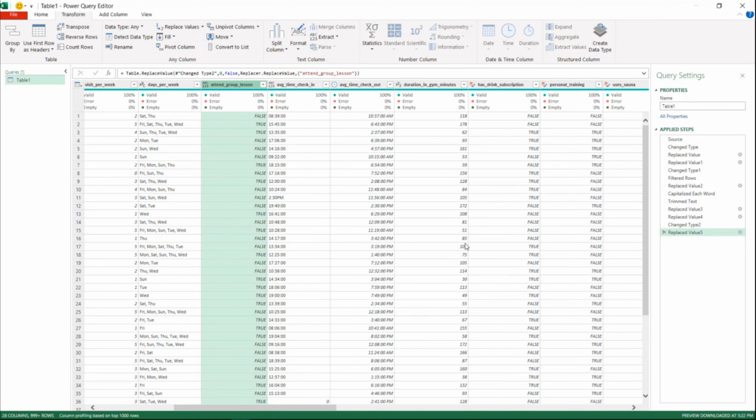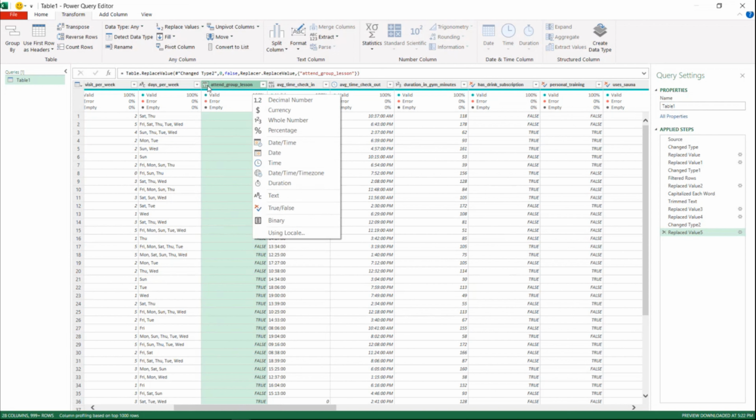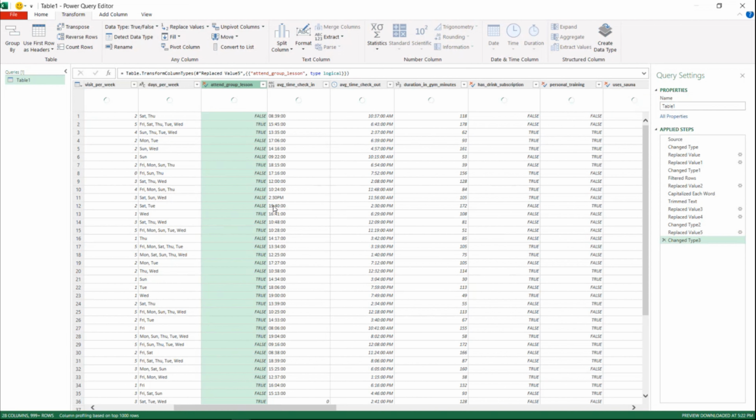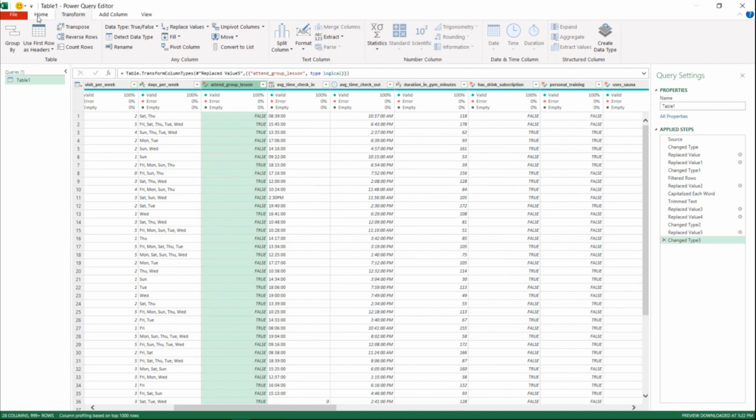Now, there's another option you can use. Sorry, this column is supposed to be Boolean. So instead of ABC, so Boolean means true or false. So I need to change this to true or false. That's what this data type here would be. Now, even though it's not for this